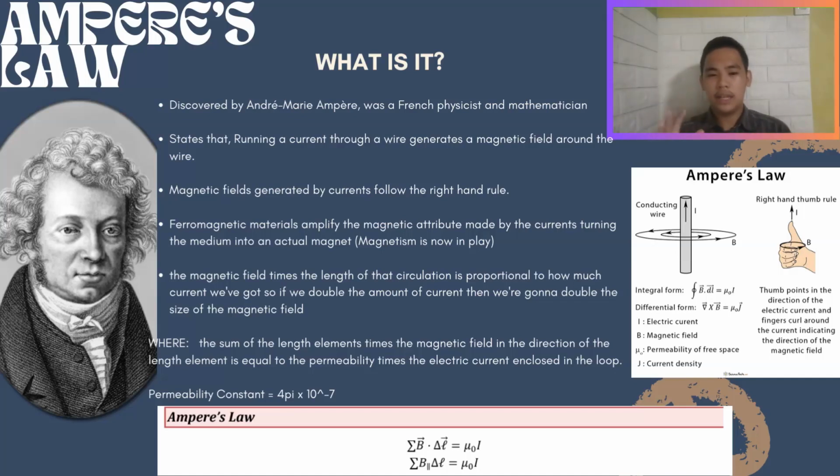For the magnetic field that we generated, how do we know the direction of its flow? That is where the right-hand rule comes in. Our thumb, we point it in the direction of the current. Let's say our current is from right to left. This hand, this palm, we will use as the normal force. Since our current is going to the left, we just fold our fingers, and we can see the direction of the magnetic field.